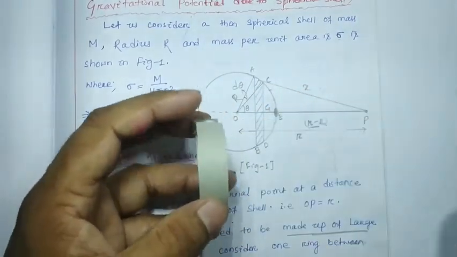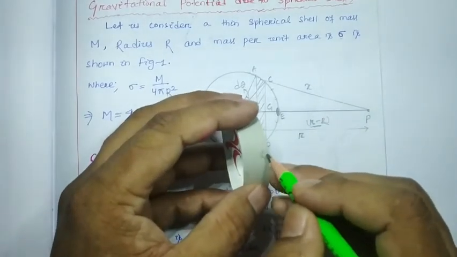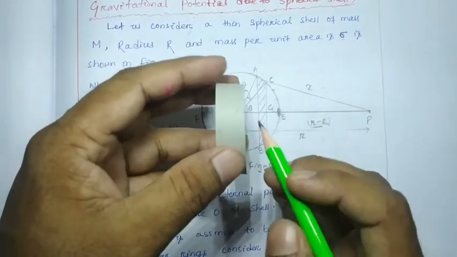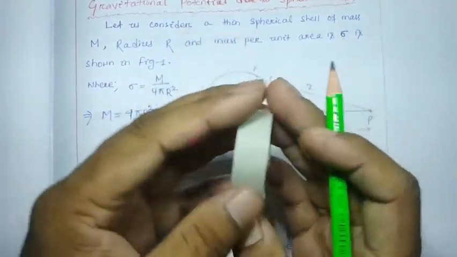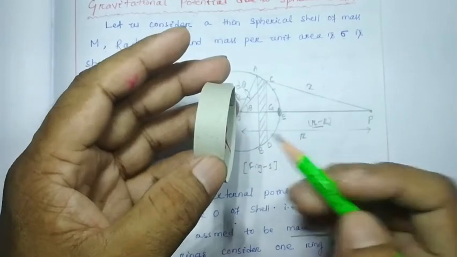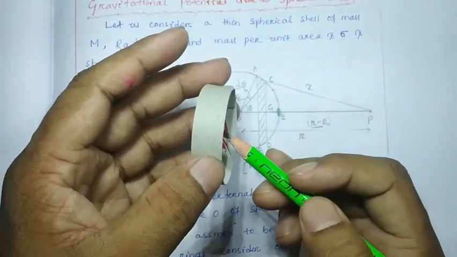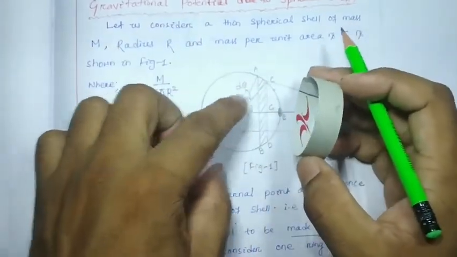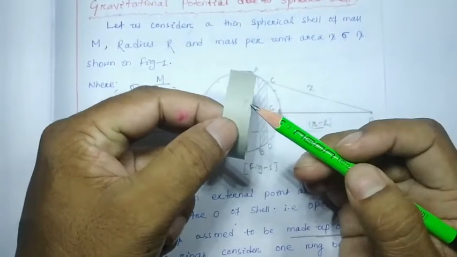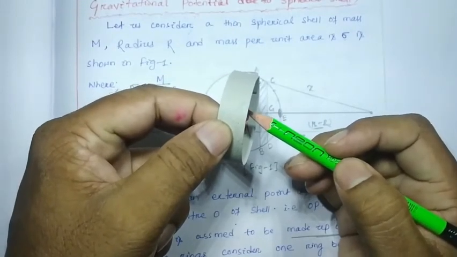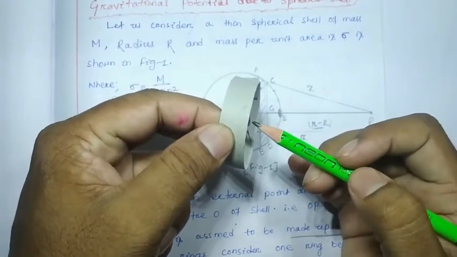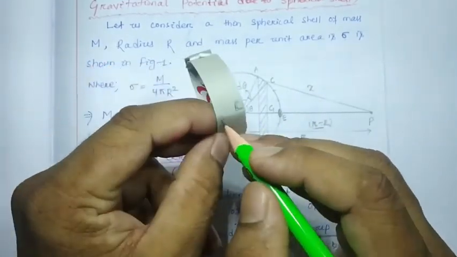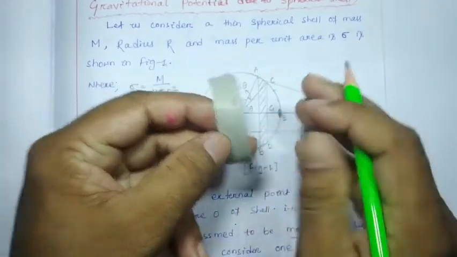See here, this is your C point, and this is the cross section. So here C to this center will be G. And C to O will be the radius. So C to G, just imagine C to G is the radius of this circle. CD and AB are the two planes over here.